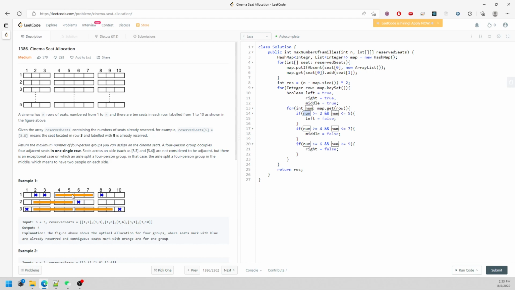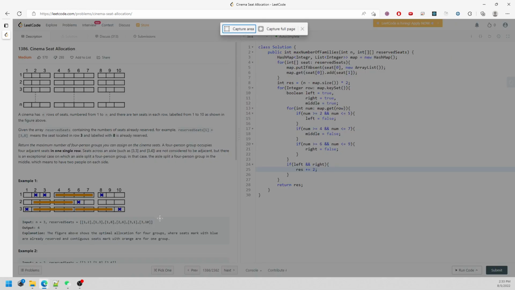From 4 to 7, middle equal to false. From 6 to 9, right equal to false. So at the end, I'm going to check if both left and right are true, then we can say result plus equal to 2 because they do not intersect with